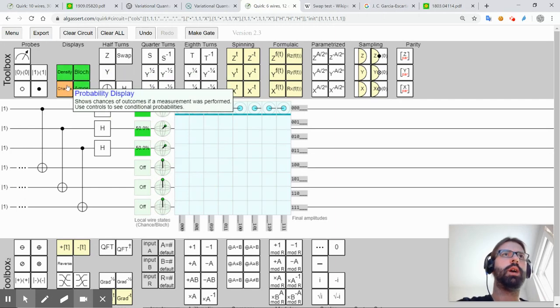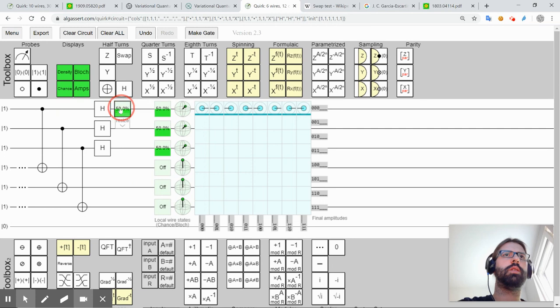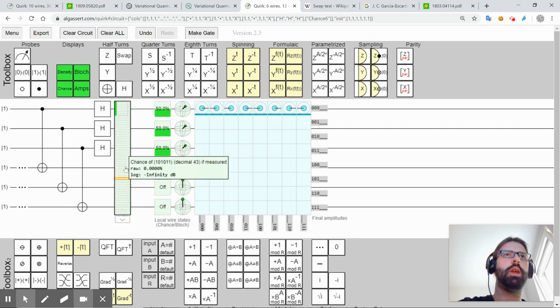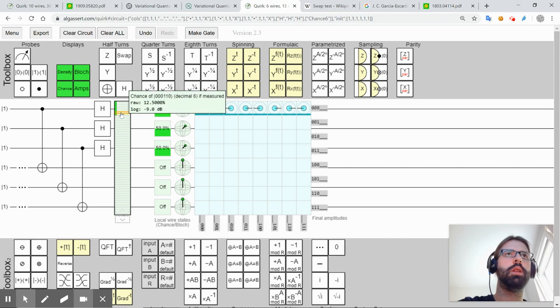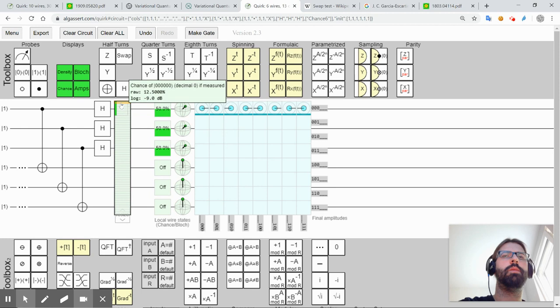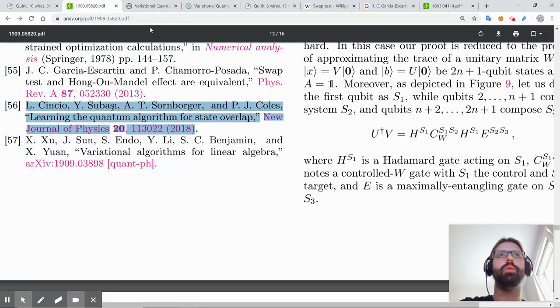I should take a look at the chance display and see that. But I don't get it. How do you